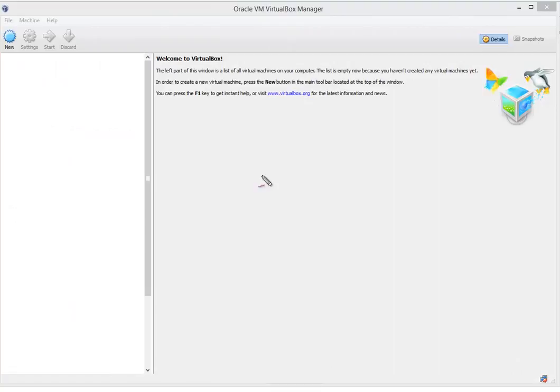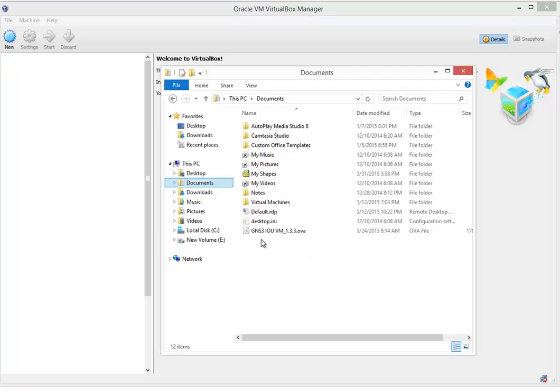The first step is to install Oracle VM VirtualBox Manager, or VirtualBox for short. If you want to download VirtualBox, you should go to Oracle's website and download it for free. Then just do some next and finish, and Oracle VirtualBox will be installed on your system. Then you should download the GNS3 IOU VM .ova file. That's here. You see that this is the file GNS3 IOU VM underline